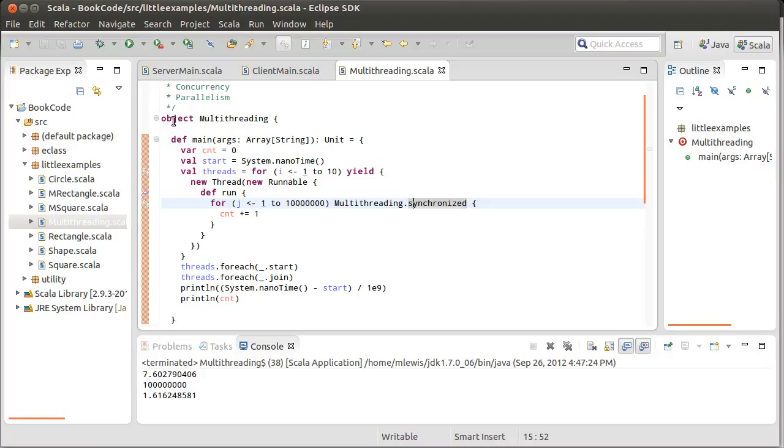You should use synchronize to block critical sections of code, but even better would be to try to figure out ways to minimize or eliminate the critical sections of code. And so we'll come back in the next video and we'll look at how we might be able to do